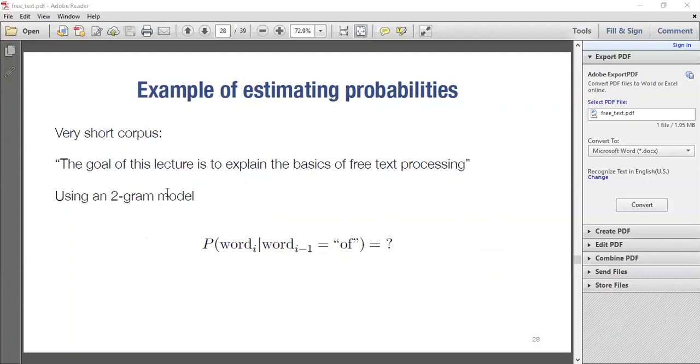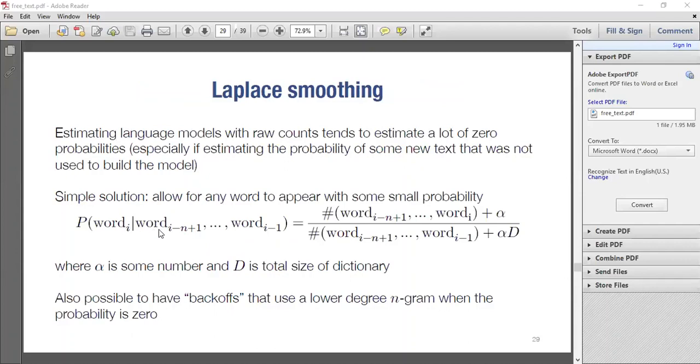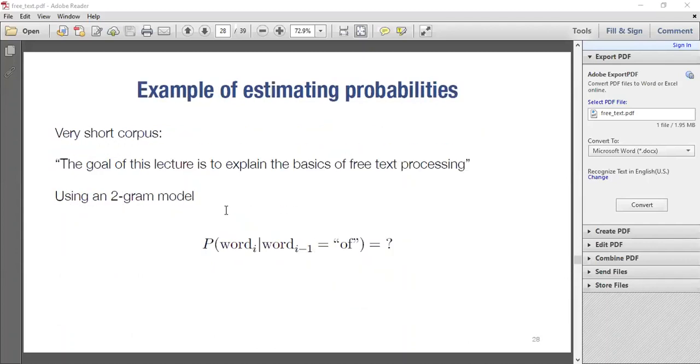Okay, now let's use this example to explain it. The goal of this lecture is to explain the basics of free text processing. Now, if we wanted to check the probability of words that come after "of," what you will find is that if we go through this entire document, "of" appeared twice.